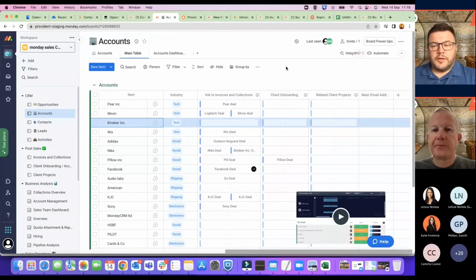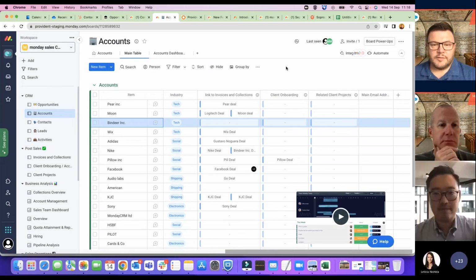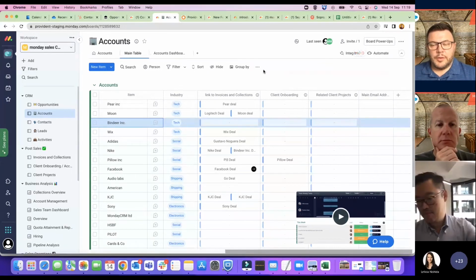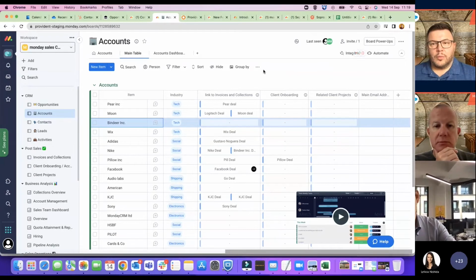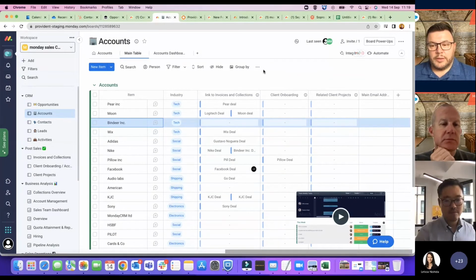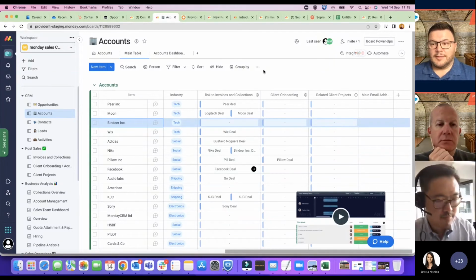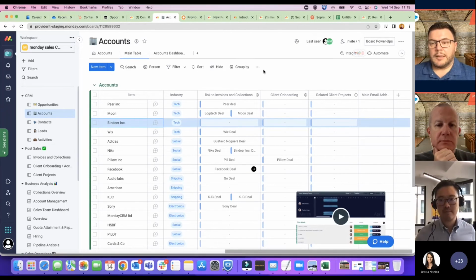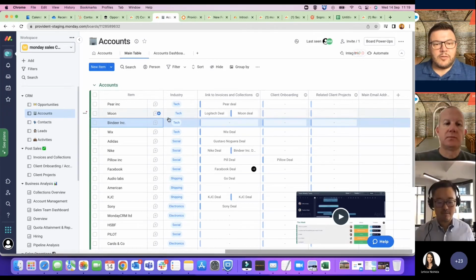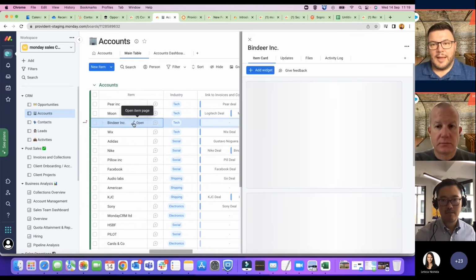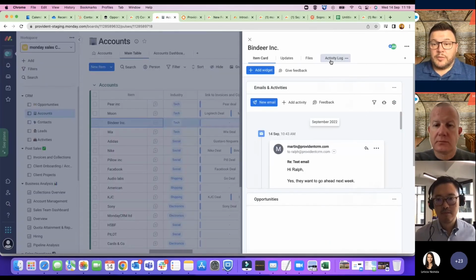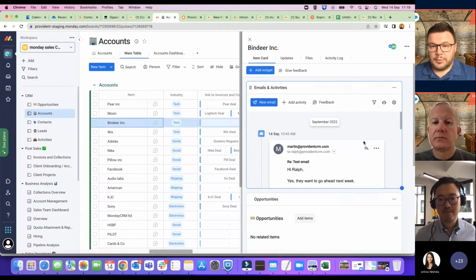So on the CRM element of Monday, as Martin highlighted, there are specific products now that are available, CRM, marketer, etc. But on the CRM end of things, communication is obviously key, and how information is relayed between your colleagues is obviously more and more important. And with email, that's great. I can send an email to Martin and that's fine, and that's all relevant to what we're doing in terms of our job. But what if one of my colleagues needs to jump in and have a look at that? And that's when the emails and activities tab within Monday really comes into play. And this is an example of it here.